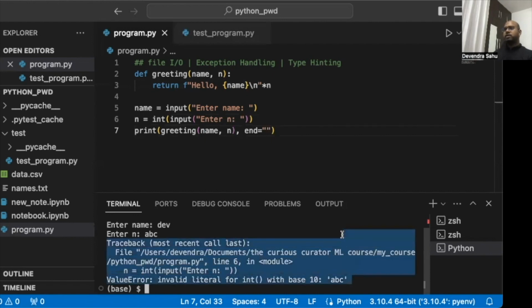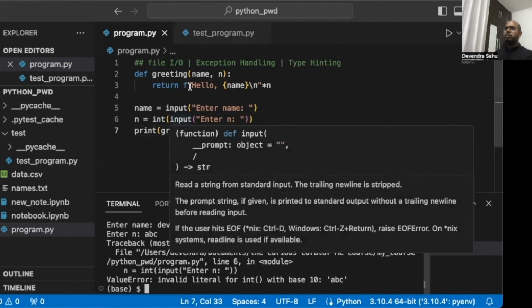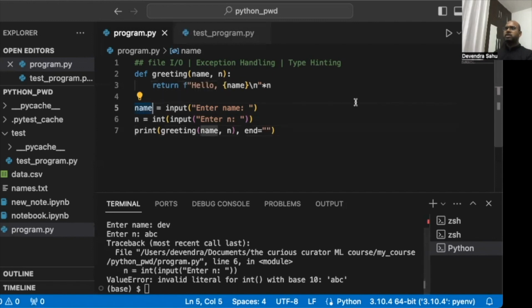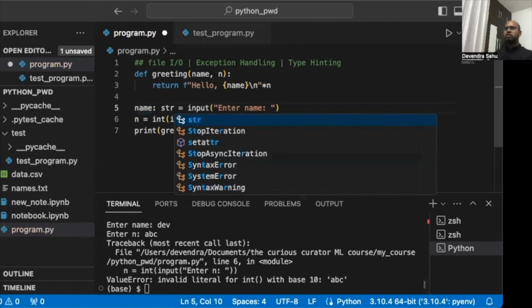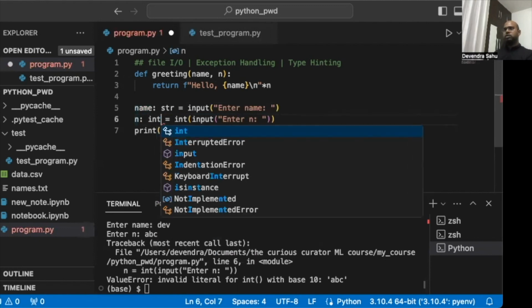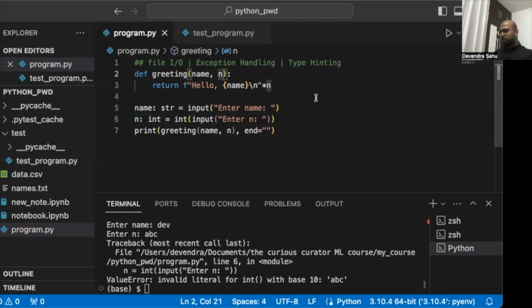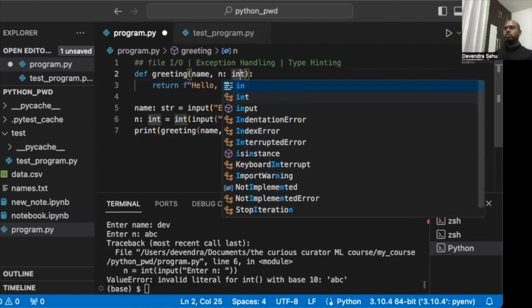So what is type hinting? First thing is type hinting is only for documentational purposes so that when someone looks at your program, they know what type to expect. So let's just look at it, all of them, right? First thing is here, this name. How can I give a type hint here? Like this, colon str, colon int. Here also you can add the same thing, colon int,